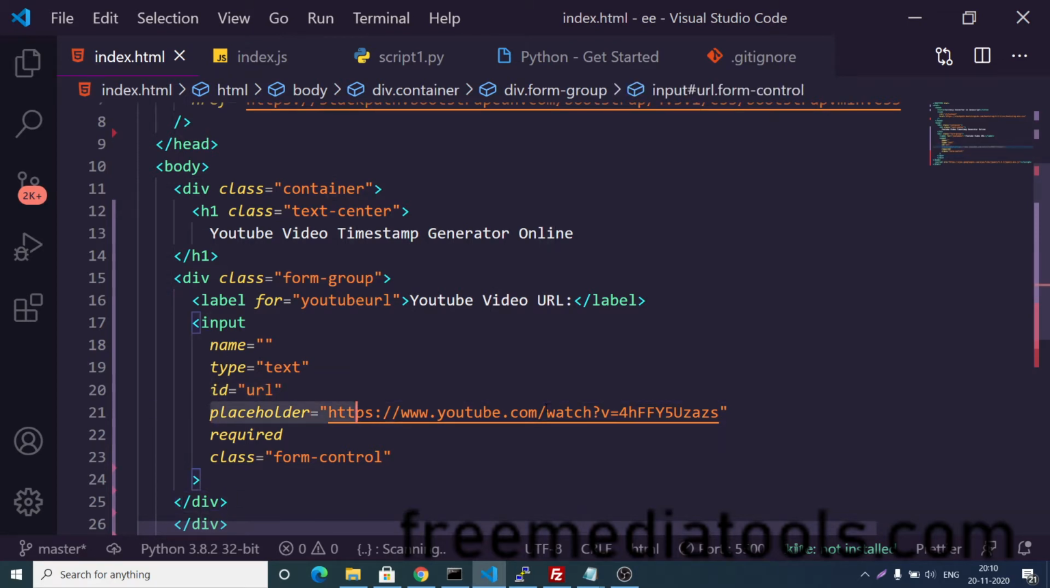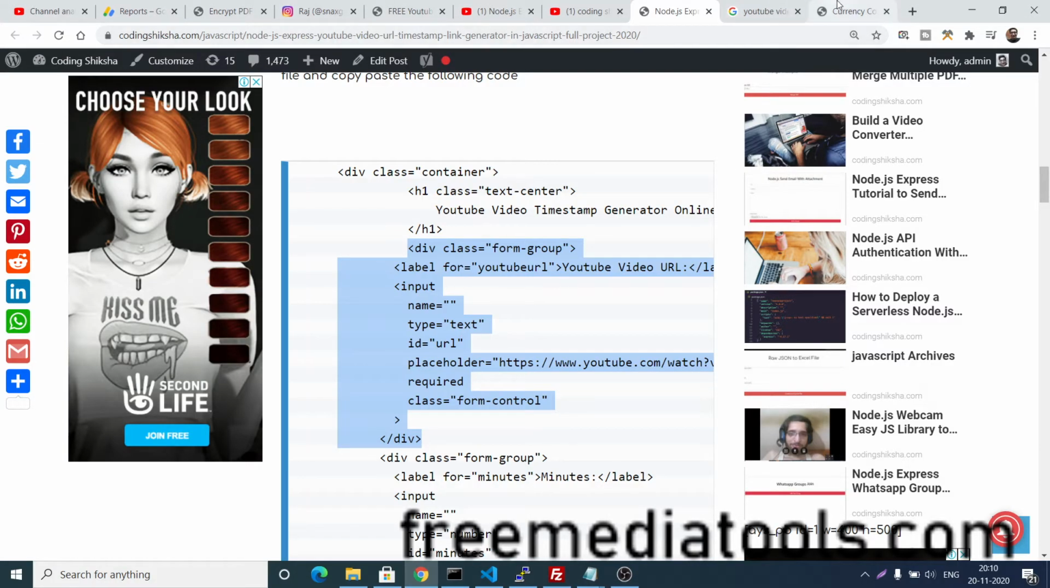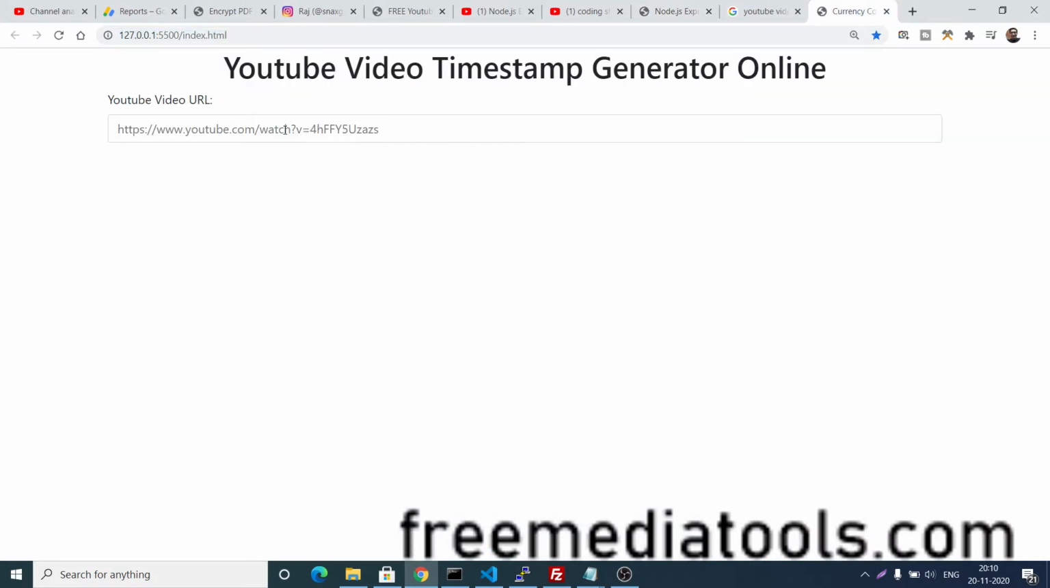We have given a placeholder and it is required for validation, and we have given a unique form control class for Bootstrap. And now if I refresh it, you will see an input field here. Here we can write our URL, and next we have